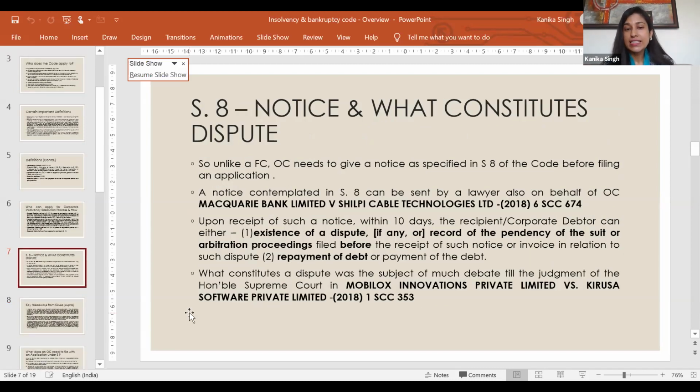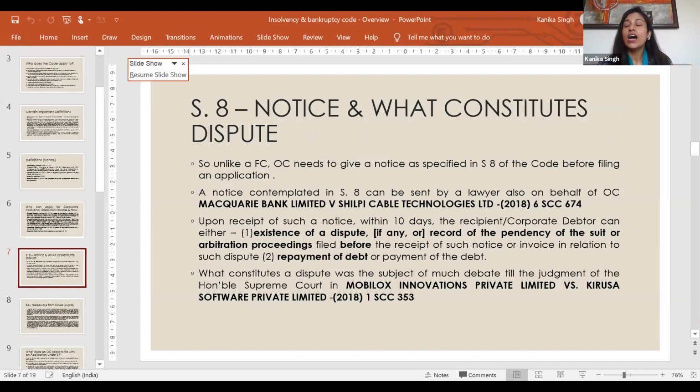So we discussed how an operational creditor can apply. And one thing before an operational creditor can apply to NCLT that he needs to do is give a notice. And now this is where there's a lot of debate. And this is the main category which your clients will more or less be operational creditors. So unlike a financial creditor who can directly apply without giving a notice, an operational creditor needs to give a